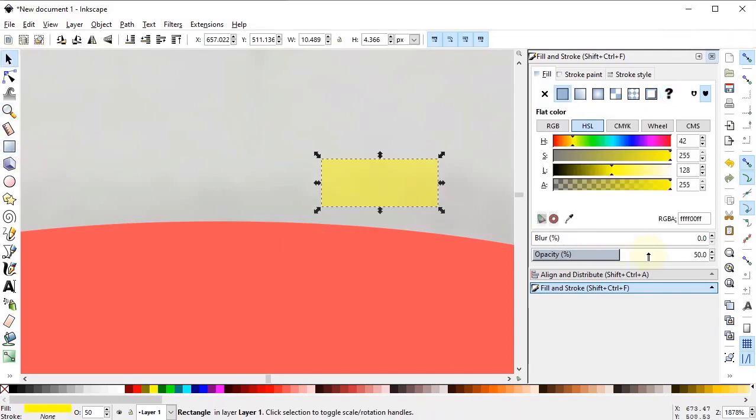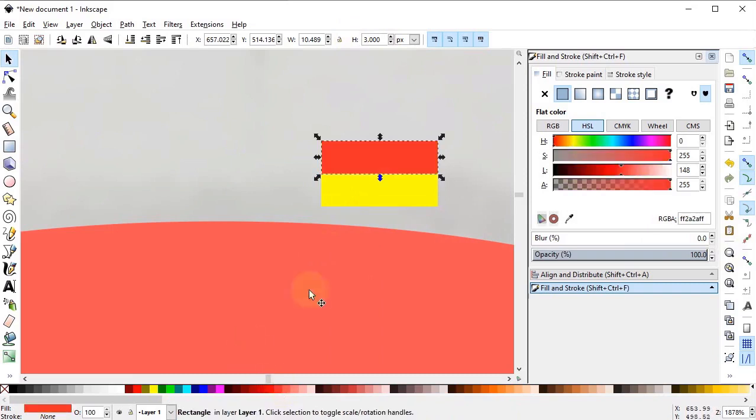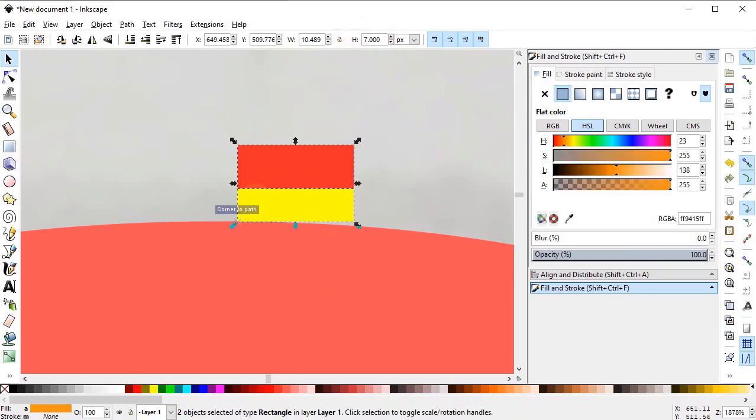Increase its opacity so that we can easily see the color and set the height of the line to say 3 pixels. Right click, duplicate it and drag it up to this point and change its color so that we can differentiate between the parts and increase the height to 4 pixels like this and place these rectangles at this point. Now select this part, right click, duplicate it and reduce its opacity to 50% like this and go to